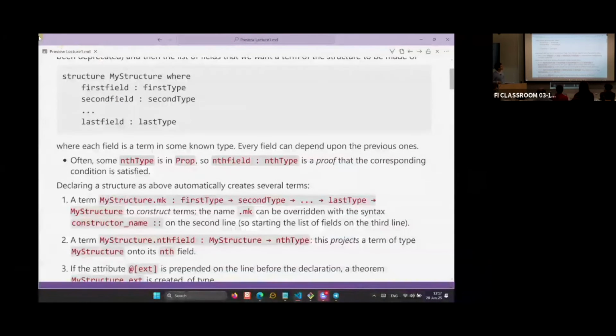Each of these components belongs to some type, and so you can project a term of this structure to, for instance, the last type, by taking a term, which is a collection of all these things, and forgetting everything but the last field. And this is also automatically constructed by Lean.